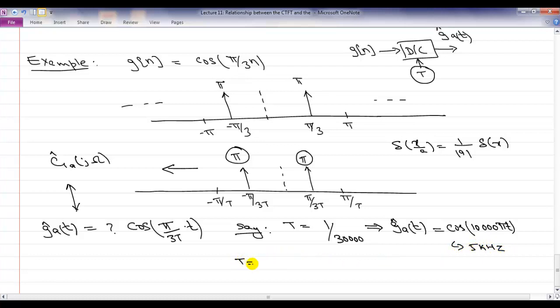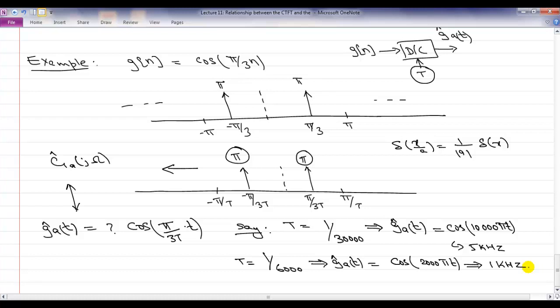If my t was 1 over 6,000, then G hat A of t is going to be cosine of 2000 pi t, or 1 kilohertz. Okay. So using the same sequence,